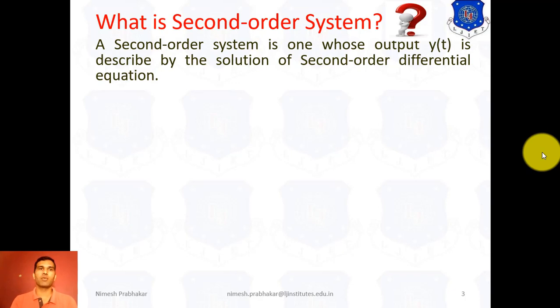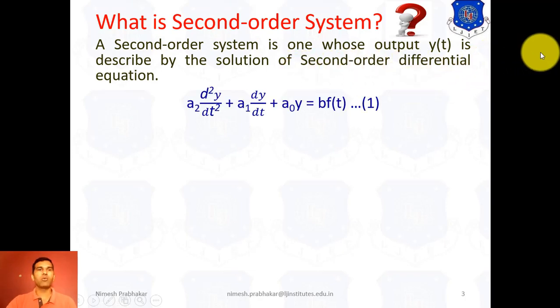second order differential equation. That means one system whose output, that means y of t, is defined by the solution of second order differential equation. That means that system is known as second order system. So mathematically we can represent second order system as a2 d square y by dt square plus a1 dy by dt plus a0 y is equals to b f of t. Here, if in this term a2 d square y by dt square is equals to 0, then